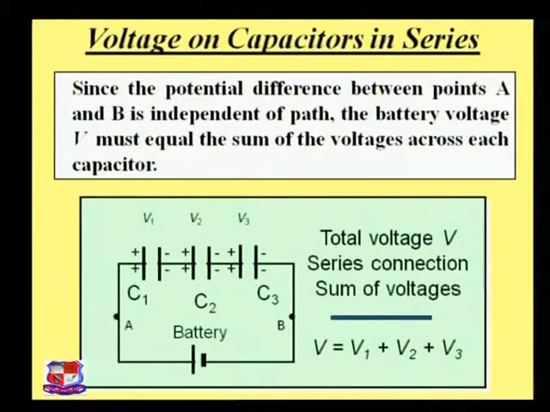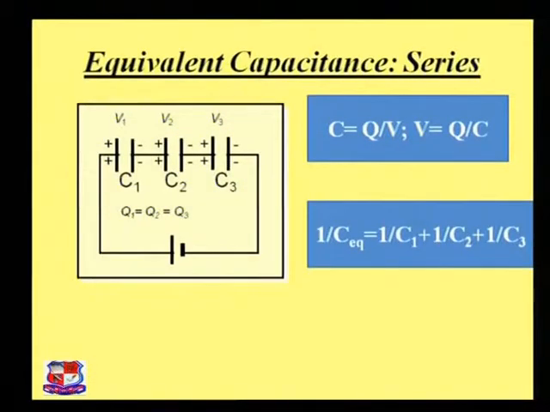The overall electrical charge is the same throughout the capacitors, but the overall voltage is never the same. It is the summation of all the voltages. Now this is the equivalent capacitor circuit. You can see that Q equals Q1 equals Qt, and Q2 equals Q3. That is the same. So using the equation C equals Q by V, or V equals Q by C, we can find out that